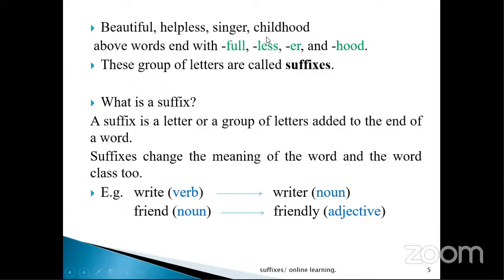So look at these words and you can see full, less, er, hood, right? That kind of group of letters, they are suffixes. So in that lesson we learned suffixes can change the meaning of the word and the word